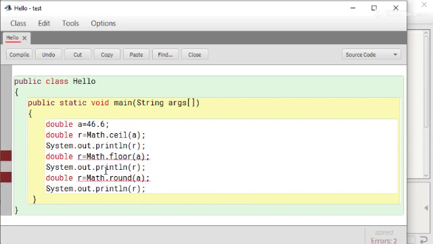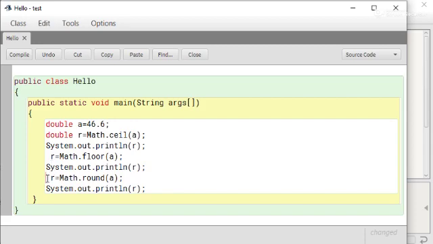Now there is a mistake. The mistake is that r is declared one time here. We cannot re-declare it. So we have to remove the double from here. Yes. Now double r is declared one time and it can be reused again and again.